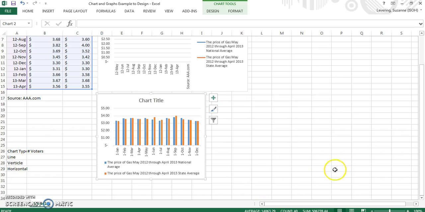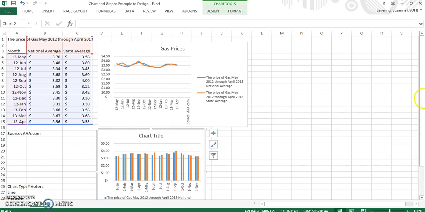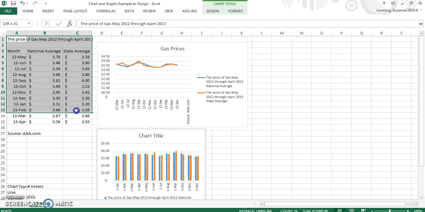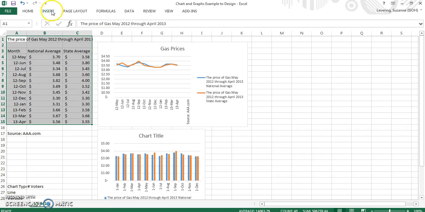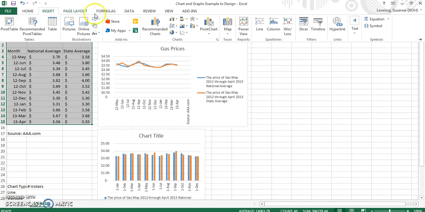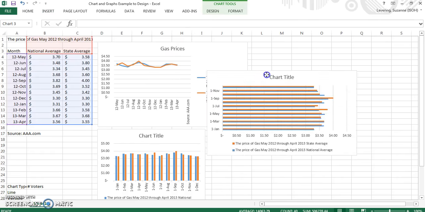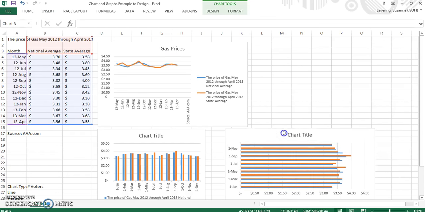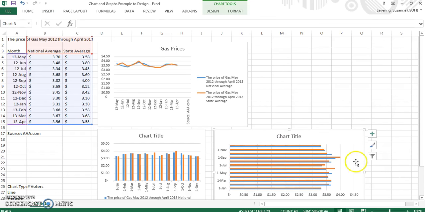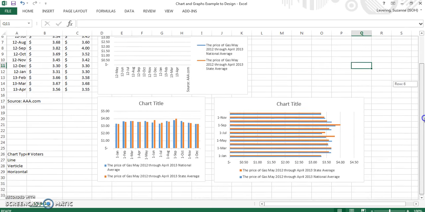Now I need a horizontal bar chart. So again, I go up and I highlight my data. I click Insert. I need a horizontal bar chart. Don't use 3D. So instead I'm going to choose this here. And there it is. Make sure that you have all of the information that you need included in your graph,